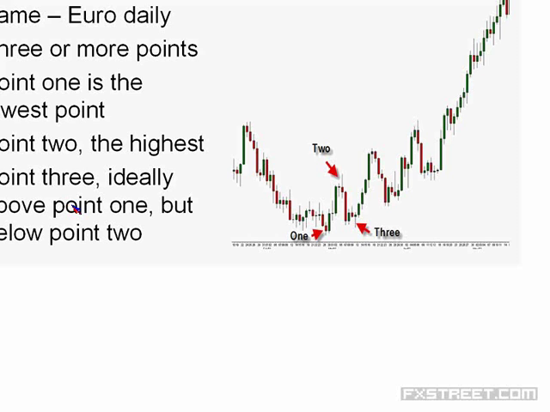So, first of all, what do we got? We've got a trend, which is a downtrend here, and that's the important thing. It has to appear in the right place, and the right place is after a movement. Now, there needs to be a considerable down movement or a considerable up movement. Now, exactly how big that considerable movement is going to be, well, it's a bit of a moot point, but it does need to occur in the right place, and that's at the end of some sort of